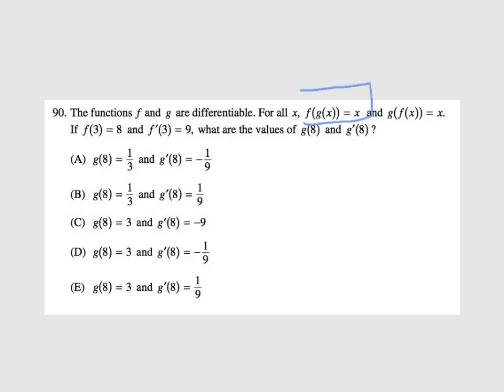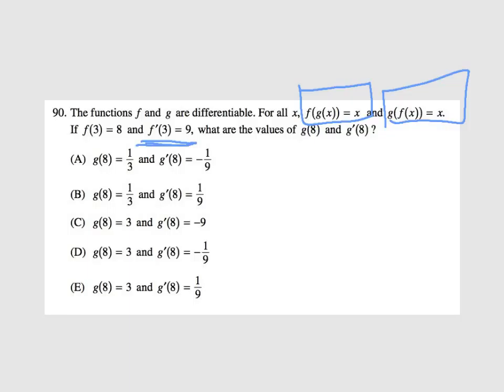This right here is from pre-calc. These are inverse functions, meaning one undoes the other. We spent quite a bit of time on that last year. So basically saying that if one function gives a value, the other function undoes that and gives the initial inputted value. In terms of derivatives of inverse functions, not trig functions, but just regular algebraic functions, there's a pretty important